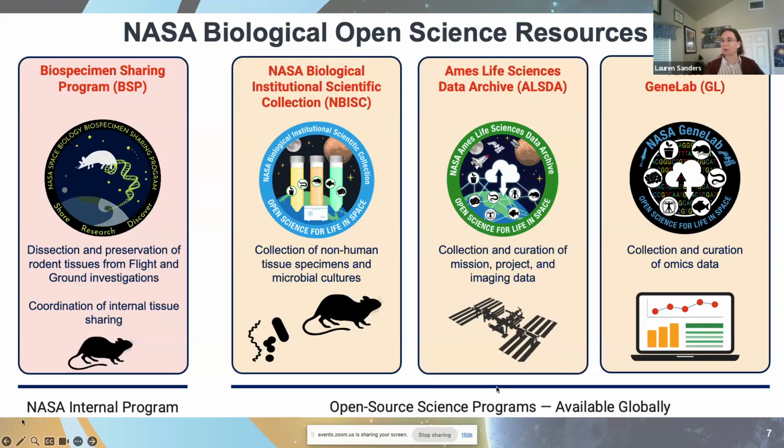Then the open source science programs include the NASA Biological Institutional Scientific Collection, or NBISC, and this is a collection of tissue specimens and microbial cultures which don't yet have data generated on them, but are available for request from investigators who have funding to generate data and study them and then make those data available back to the scientific community, hopefully. We also have data repositories, including the Ames Life Sciences Data Archive, which focuses on collection, curation of mission, project, and imaging data, and then Gene Lab, which focuses on collection and curation of omics data, so high